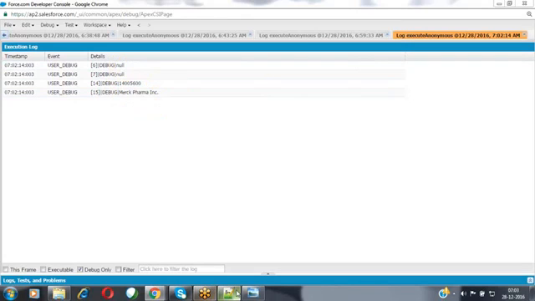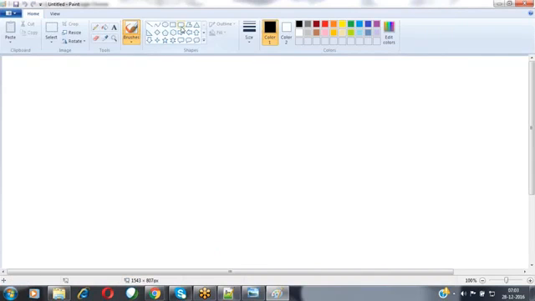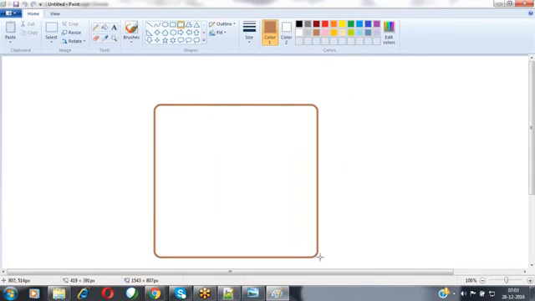For example, assume that I am designing a graphical user interface. Like, for example, I'm designing a login screen. And this is the login screen that I'm designing right now. In this login screen, I'm placing two text boxes where the user can enter a username and the password to log in to my application.